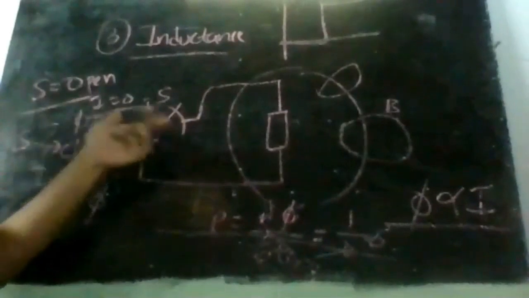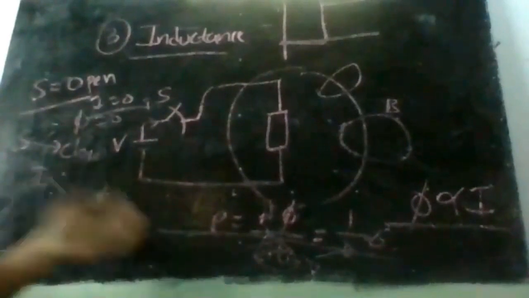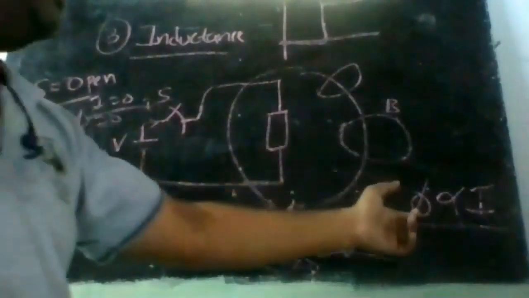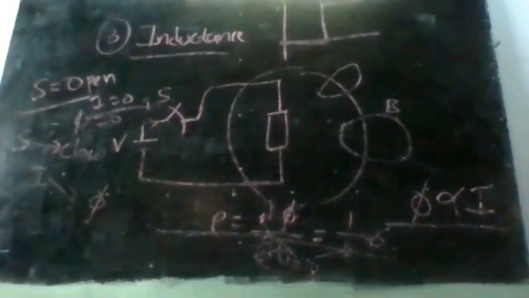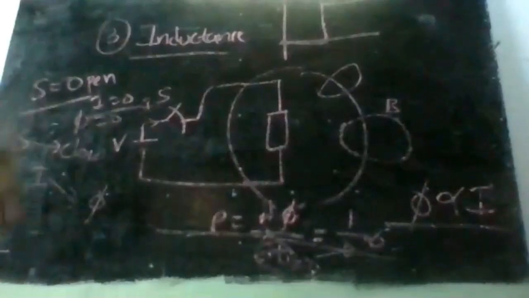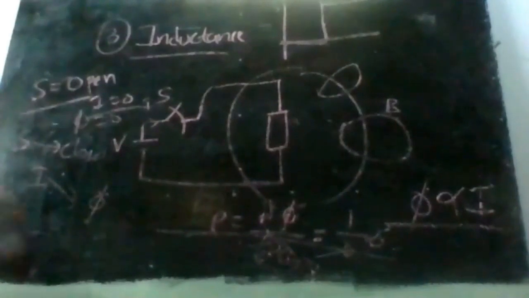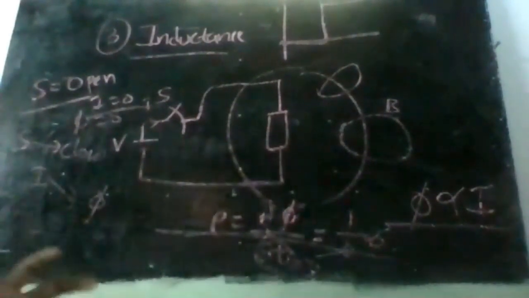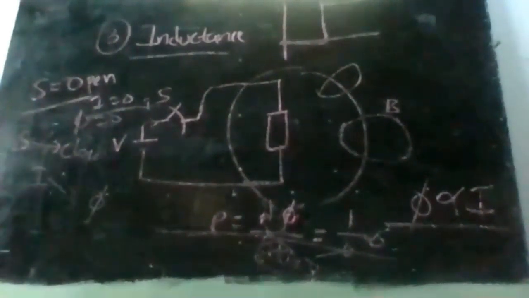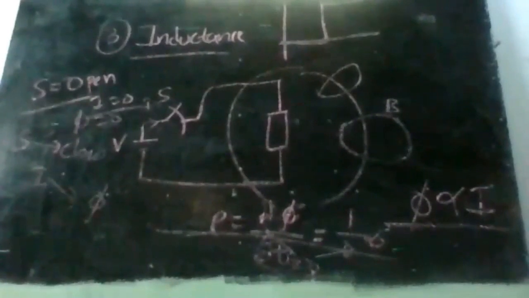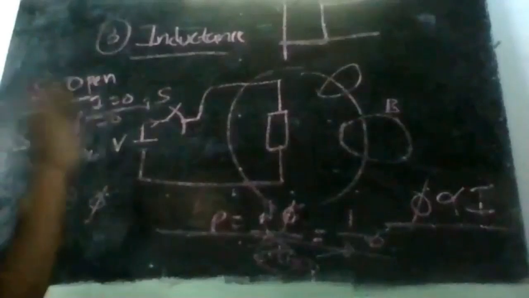Now, if the switching action is happening in zero time or in very little time, then the flux changes. If the flux changes in zero time, then the EMF produced by that change in flux will be infinite. That means a very large amount of EMF will be produced if the current in the current carrying conductor changes instantaneously.